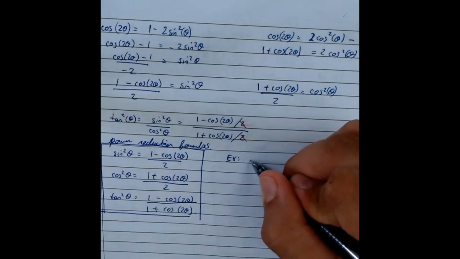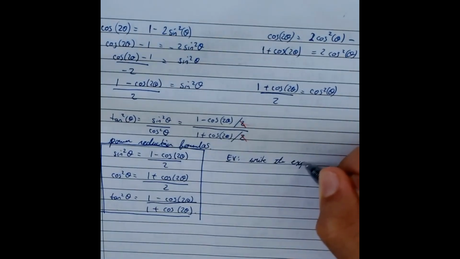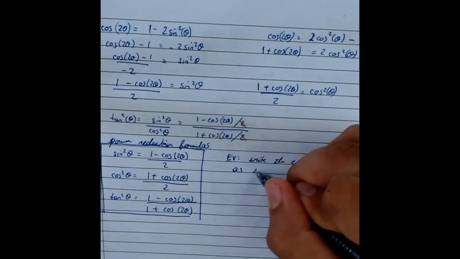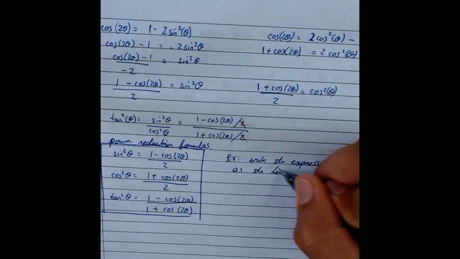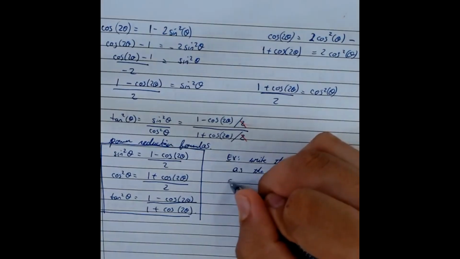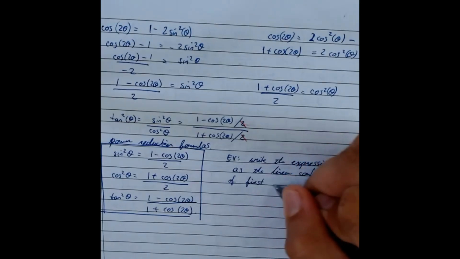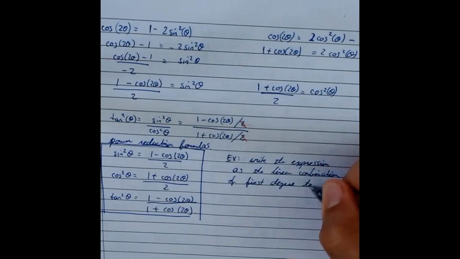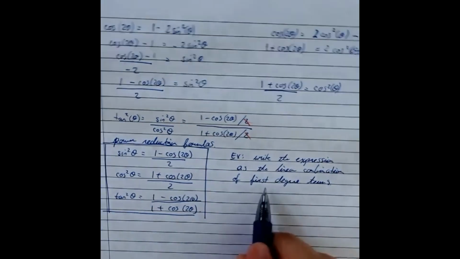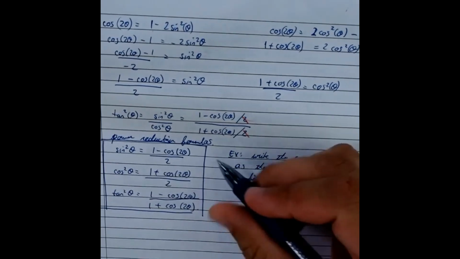So let's go ahead and write the expression as the linear combination of first degree terms. Meaning we want to make sure everything's power 1. We shouldn't have any sine, cosine, or tangent. Nothing should have power 2, 3, 4, 5. We want everything power 1. Okay? So let's go ahead and try